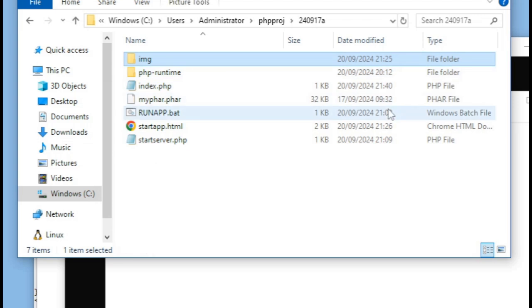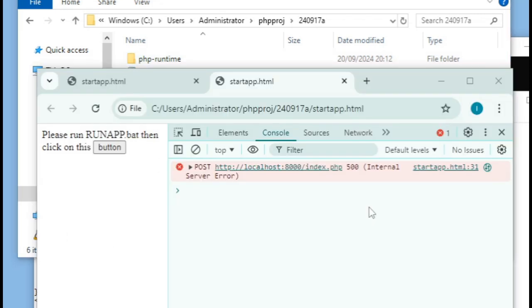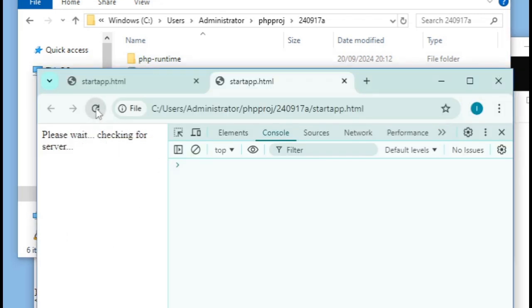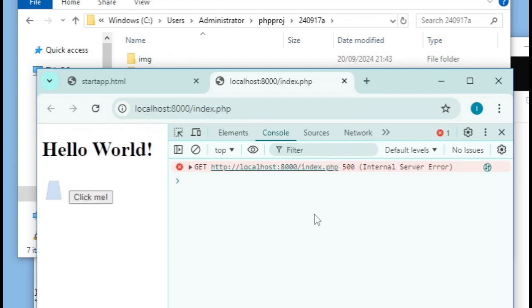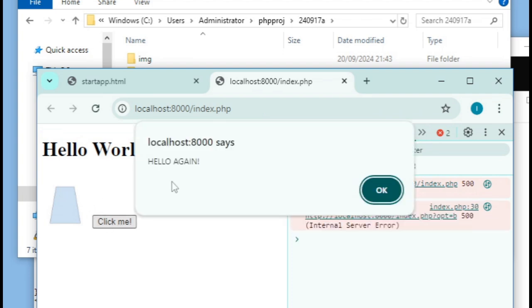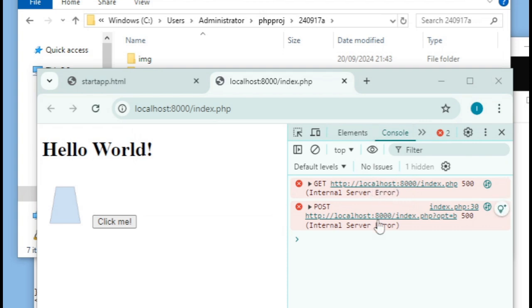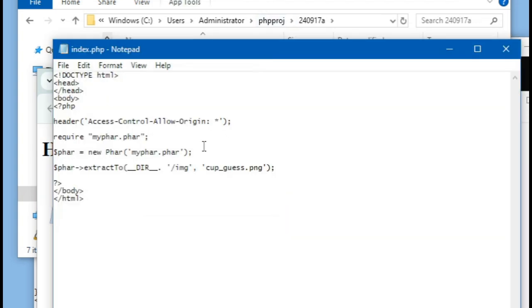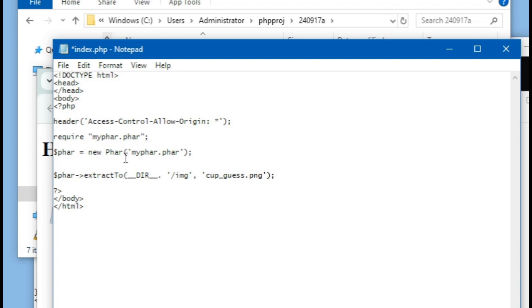So I'll delete the folder, go back to the browser, and refresh, and now it seems to be working fine. If I click on click me, it's returning the correct message, but we're still getting this error message. So what I can do is go back to the index.php file and add a test to see whether the image folder exists, so I can do an if statement,